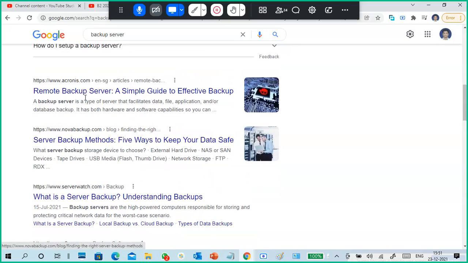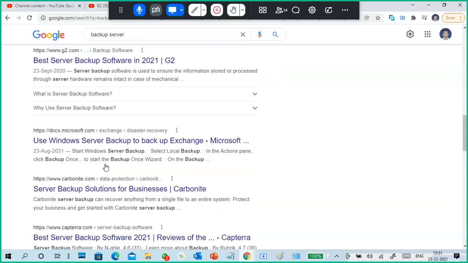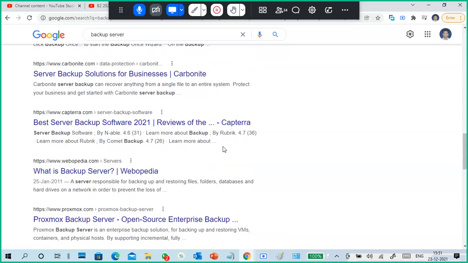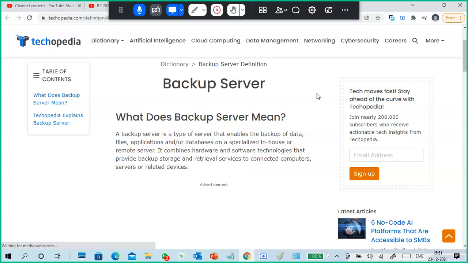These are all Nova Backup, Acronis, NetBackup. There are so many names. Tivoli, IBM Tivoli, like that. This also comes under there.